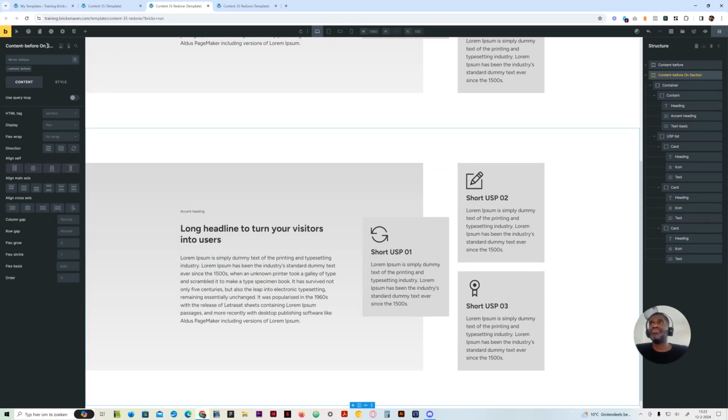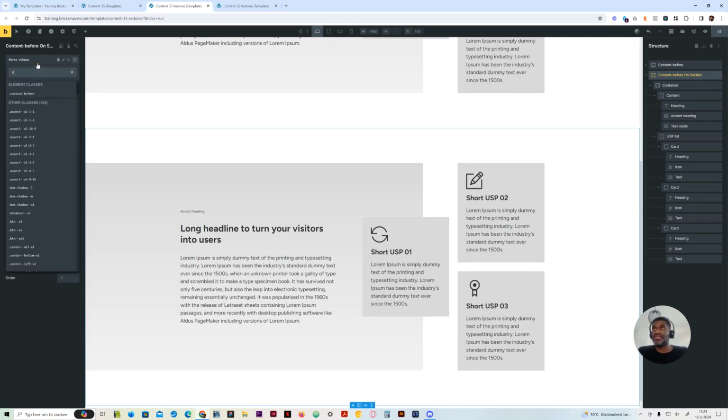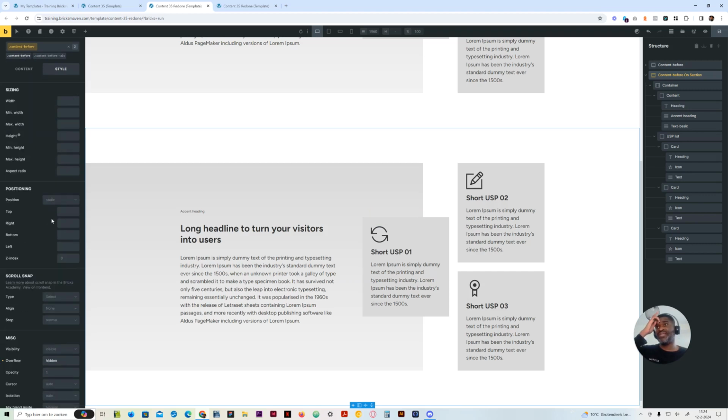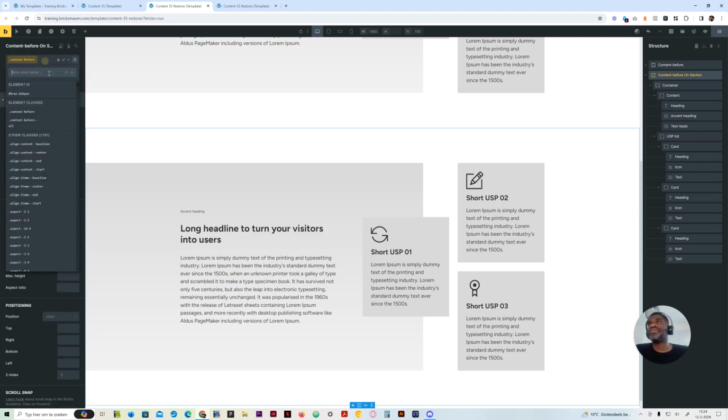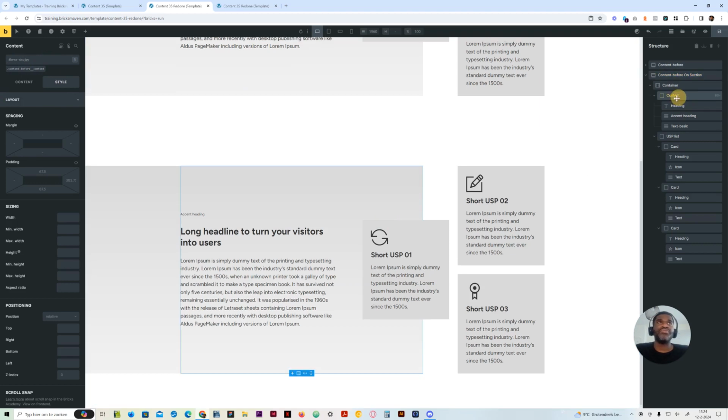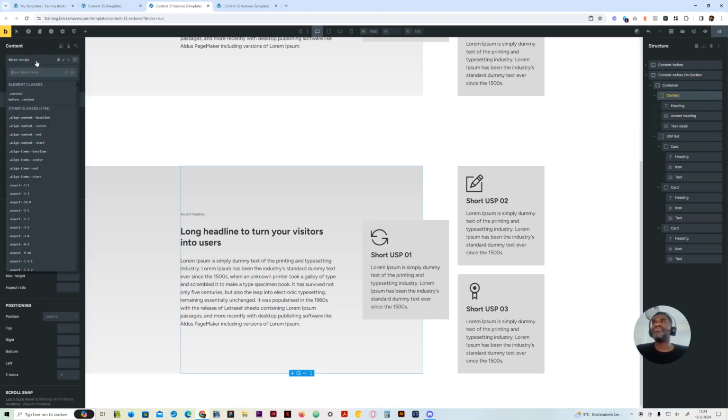I will proceed to duplicate this class, or I'll create a modifier. So content before, I'll call this alt as an alternative. So we have basically, it is set to hidden. I'll just copy this class over. So we have our before and just paste it here, and I'll remove this. I will also proceed to create a modifier for the before content. So content before